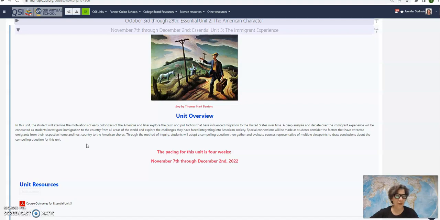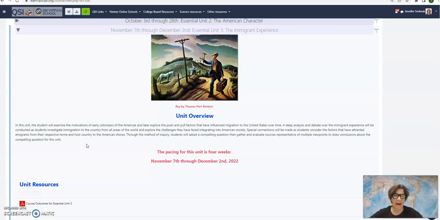We'll pay particular focus to two of the colonies, Massachusetts and Virginia, and you'll learn a little bit more particulars about Jamestown and the Massachusetts Bay Colony. By the end of the week, you're going to have to make a decision: if you had to move to one of those two places, where would you go? Both of them definitely had their challenges, and I'll speak a little bit more to that as we move down into the unit. But we'll explore push and pull factors.